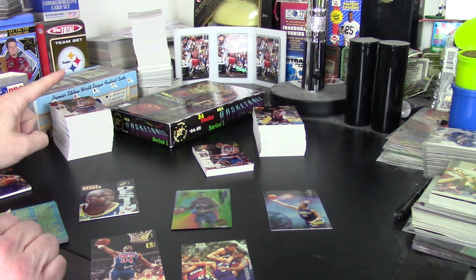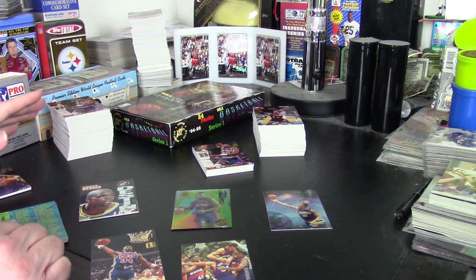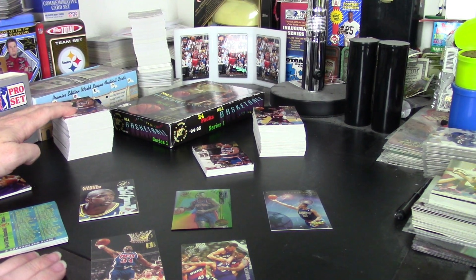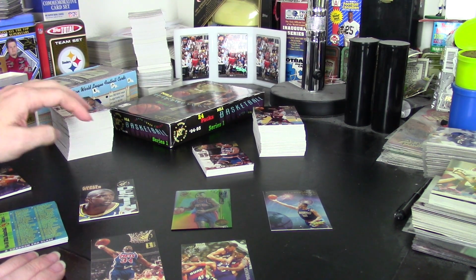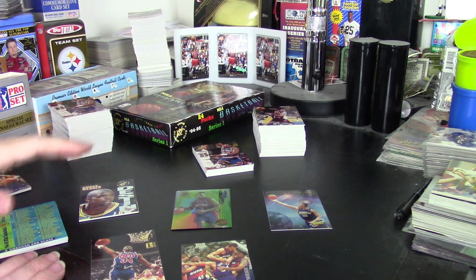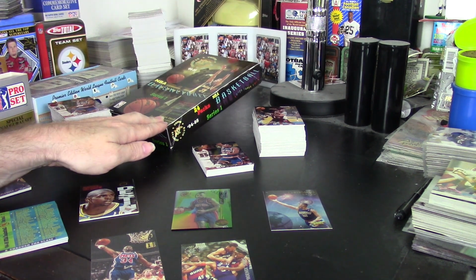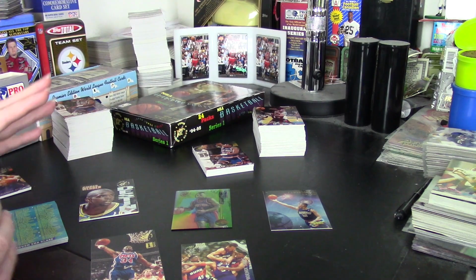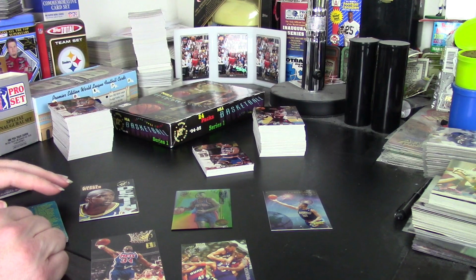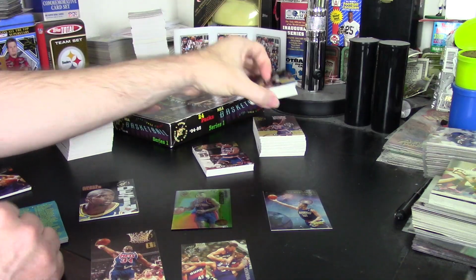The card set, Series 1, has 182 cards, an odd number, but that's the number of cards in the set. And I got within 21 cards, so pretty close to the set, not too bad. A lot of doubles out of this box though. Going through the packs was pretty quick, pretty easy. The cards were stuck together, but they came apart very cleanly and very simply, so it didn't take too much work to go through. And with the doubles, there are a lot of cards where I got